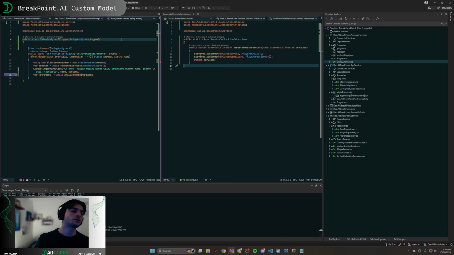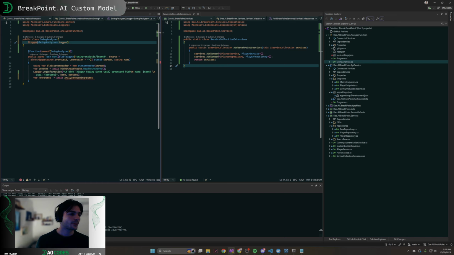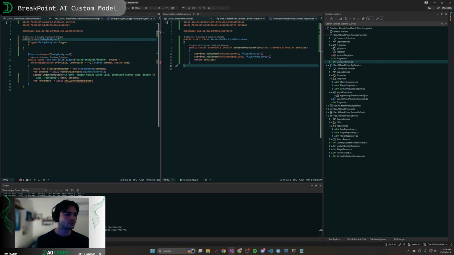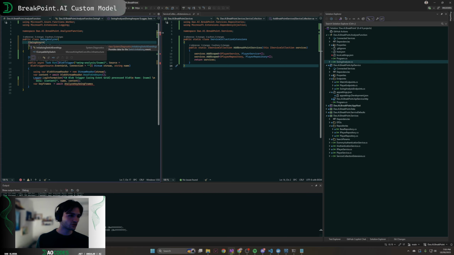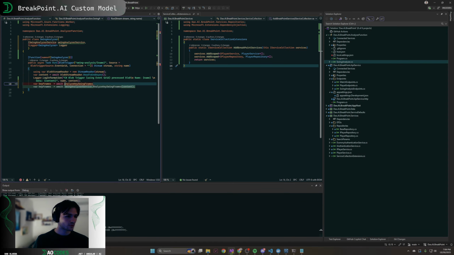And let's see. What is this? Gonna be an I swing analyzer service. Analyzer. Well, it's not really a swing analyzer, it's a swing. Well, that works. Analyze keyframes, pushing in the content, and then probably need some metadata. So with the string name,